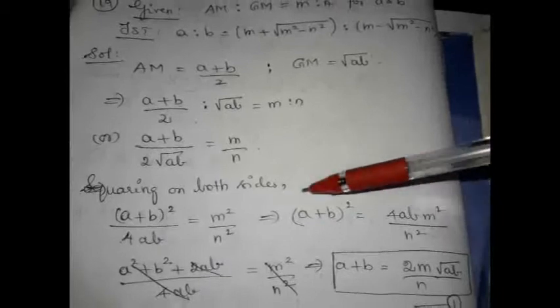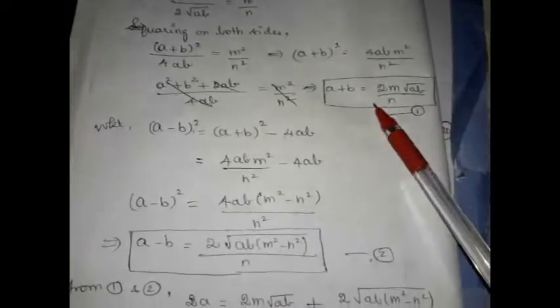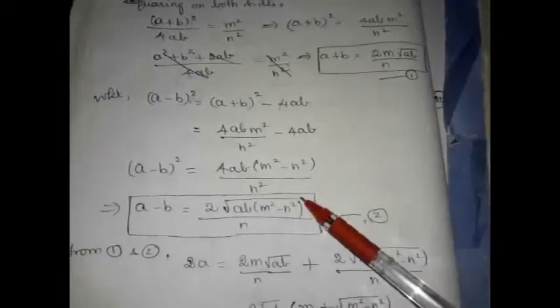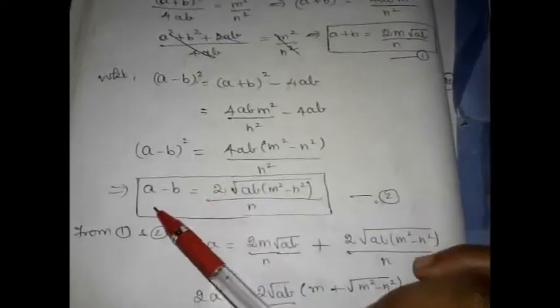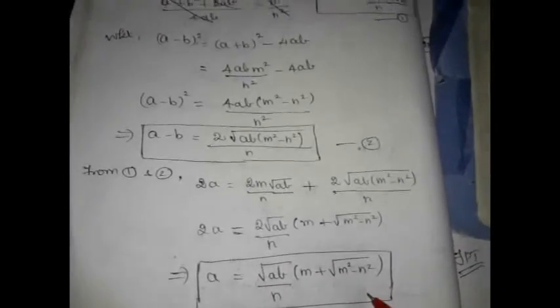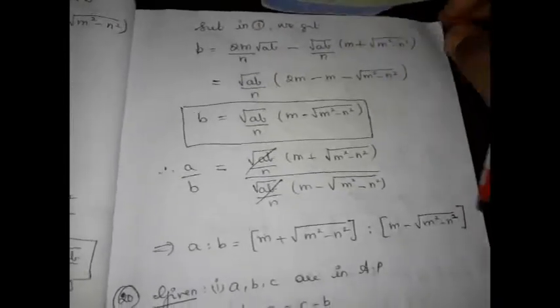Then from (A plus B) the whole square, we can very well write what is (A minus B) the whole square. The relation between these two is (A plus B) the whole square minus 4AB will give you (A minus B) the whole square. So from this we can obtain what is A minus B. So we got A plus B and A minus B. If you simplify this in an elimination method, or add these two equations, B will get eliminated. We will get the value of A. Once you get A, you can substitute it in any one of these equations to get your B. So once you get your A and B value, you can find its ratio, right?